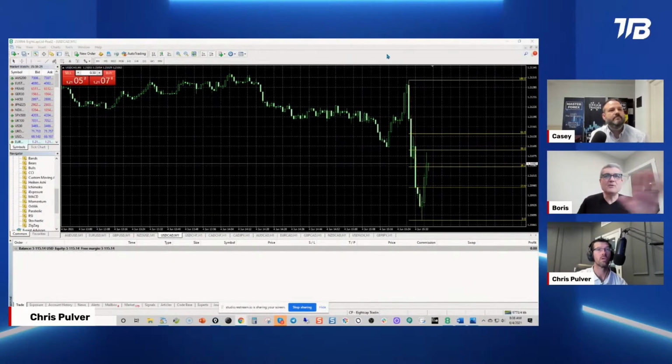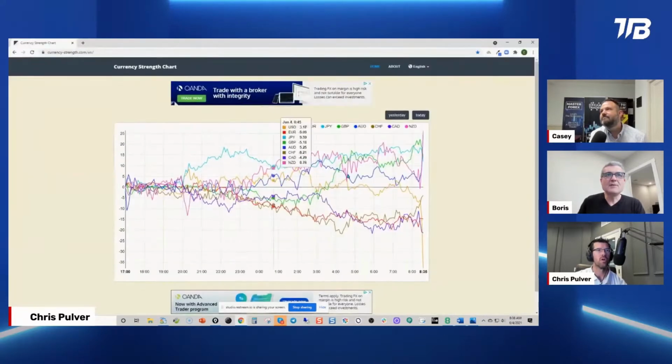Can you bring us back to the currency strength chart? And of course. Yep. Can we talk a little bit about that? So for a lot of people who don't understand, what does this really show, and how are you using this in your analysis? Yeah, so I look at this every day, and so basically this is the start of the